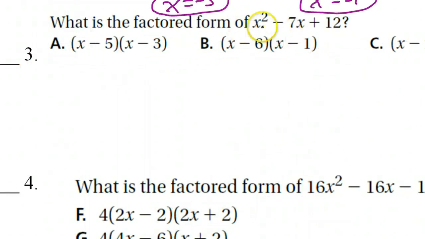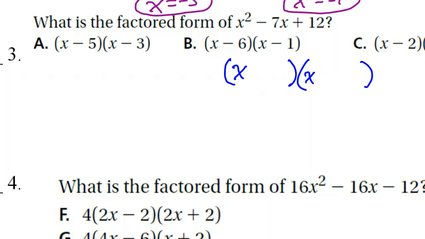Alright, number 3, what is the factored form of this? Well, let's get to factoring. Trinomial, so let's go binomial. X squared can only be factored as x times x. 12, on the other hand, has a few options. Maybe it'll be 3 times 4, or maybe it'll be 2 times 6, or maybe it will be 1 times 12. Because the leading coefficient is 1, we can immediately start to look for the middle of negative